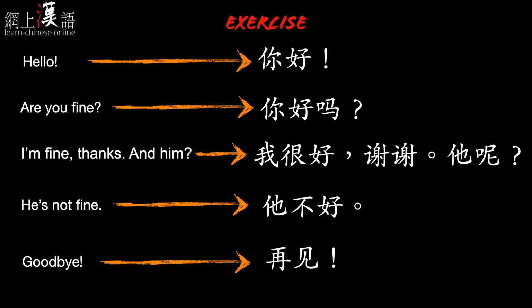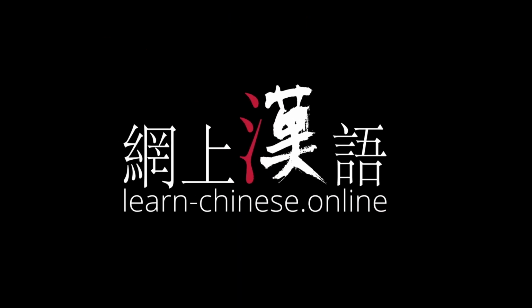Pay attention to the punctuation marks. The point is a small circle. The other marks are similar to English punctuation. Repeat after me one more time. 你好。你好吗？我很好，谢谢。他呢？他不好。再见。